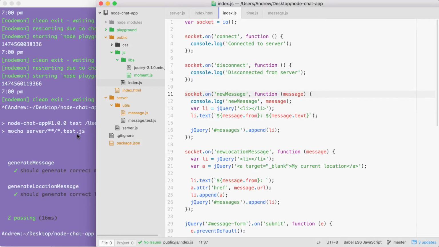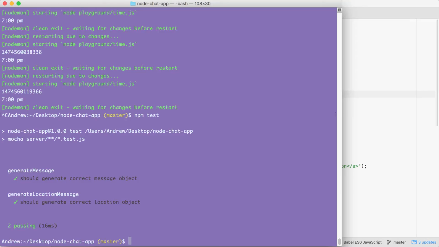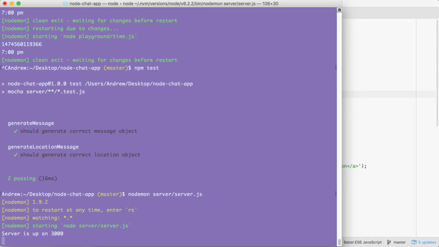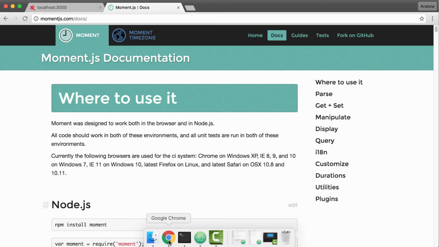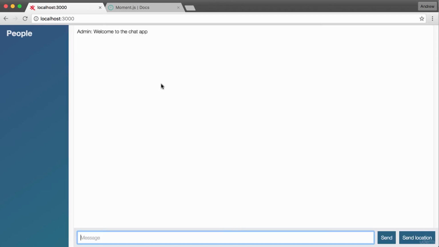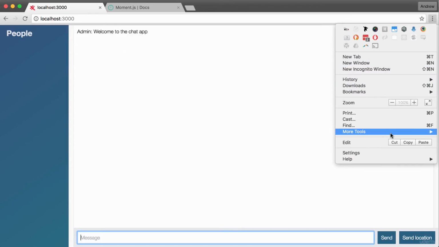Now, before we make any changes, let's go ahead and start up our server using nodemon server/server.js is going to start it up. Then we can go ahead and move into the browser, going to localhost 3000 and giving it a refresh. And our app is working as expected. If I open up the developer tools,